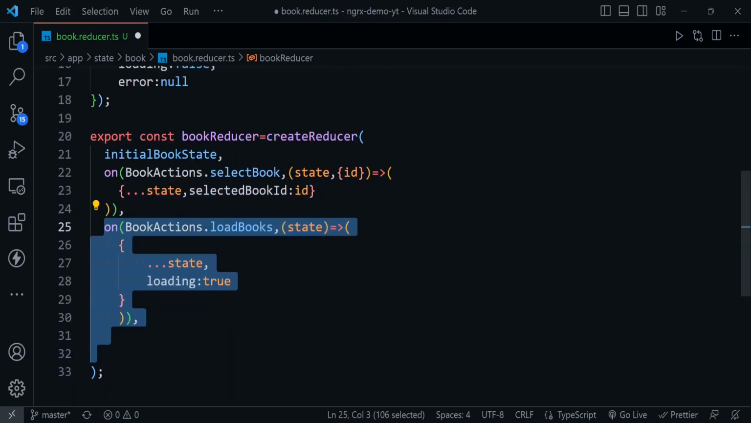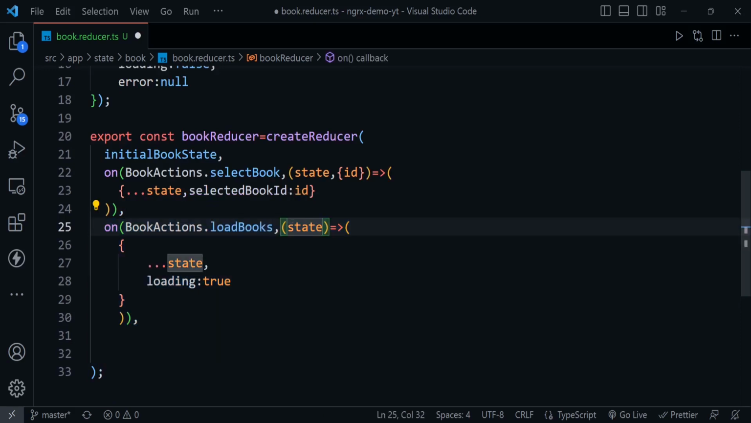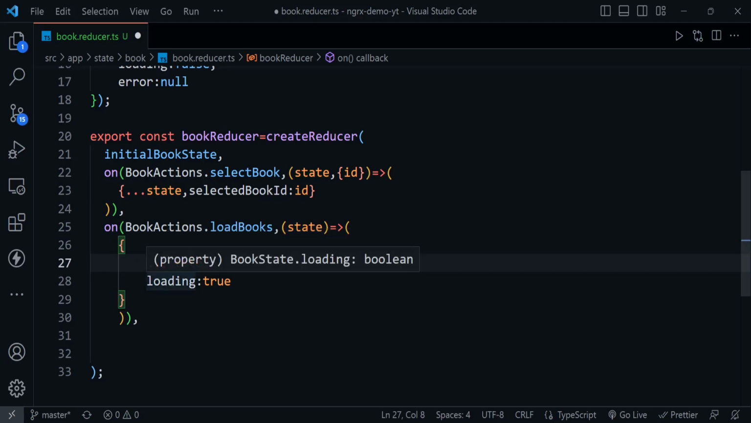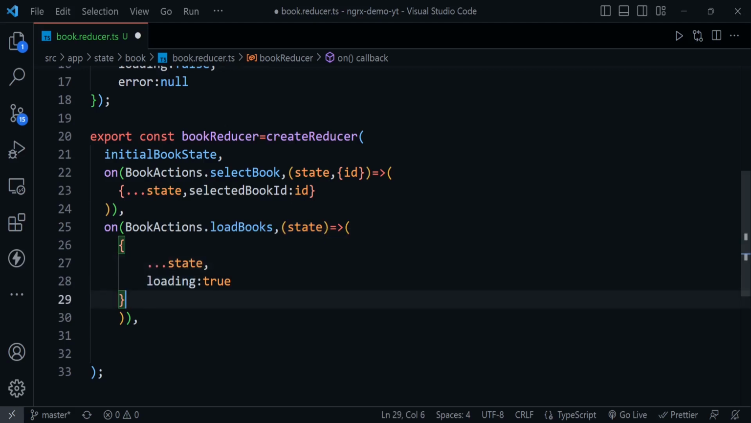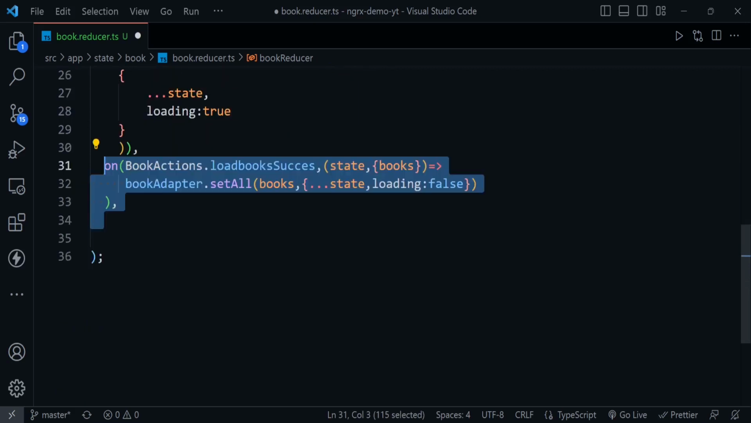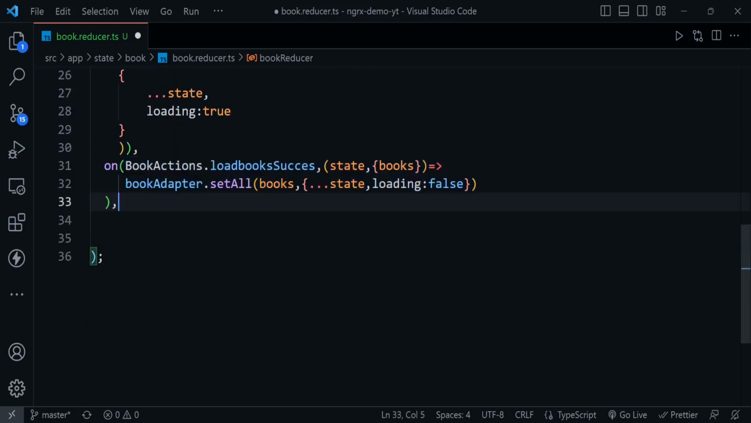Next thing will be loadBooks, and here it is simply passing any state here, and we are returning the same state, not the same state, we are creating a new state here with the help of the spread operator. So we are passing the same state here and just adding one property, loading equals true. Next thing we will create here the loadBooksSuccess, and it will take one prop here which is books,